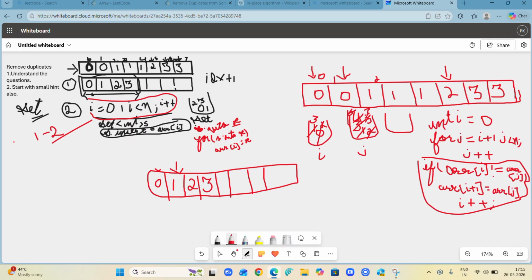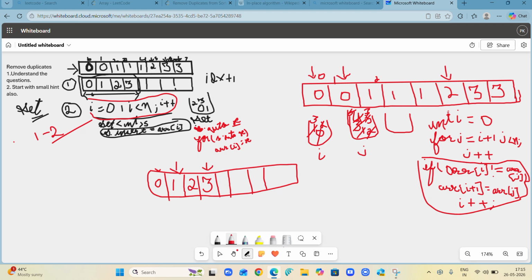Means the last one. Now it is again comparing, are both the array same, means array of I plus 1, which is the array of the third, and the array of the seventh, are they both different? No, you are same. I don't want you. Third is saying you are same. Here, what you are going to realize is that the same properties are repelling each other, like a magnet.